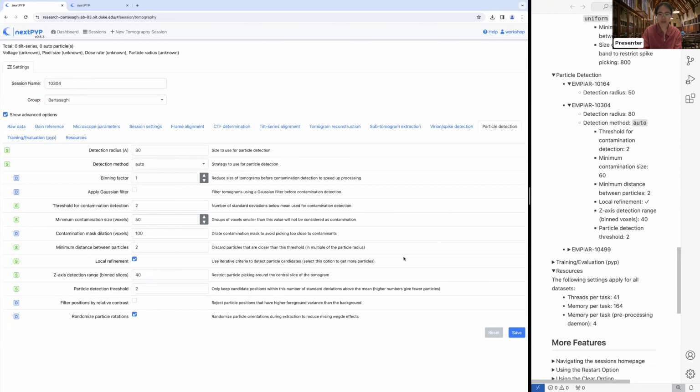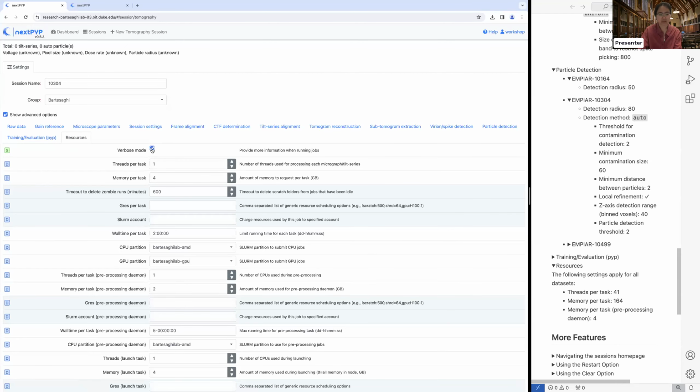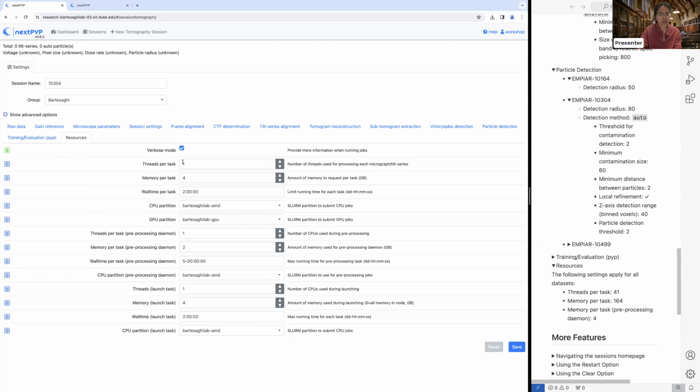And then we're not going to do any neural network picking. So then moving on to resources, I'm going to enable verbose mode in case I want to debug things later on. For now, I'm just going to hide the advanced options because we're not going to change any of those